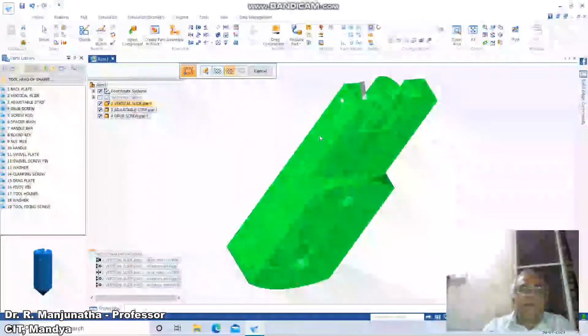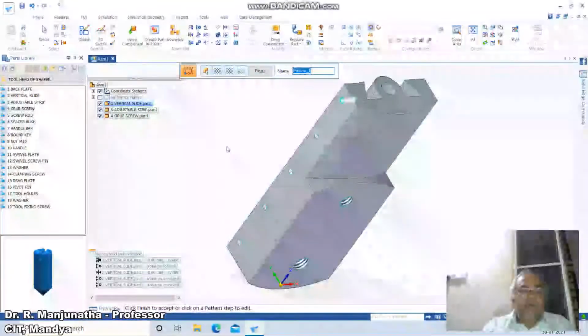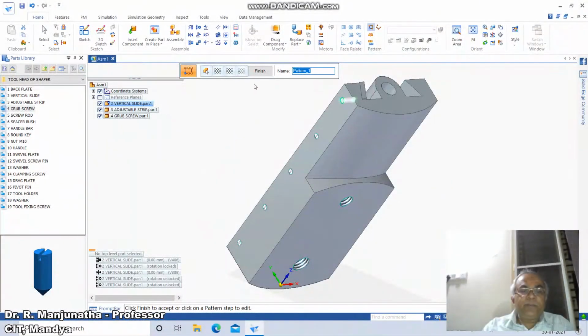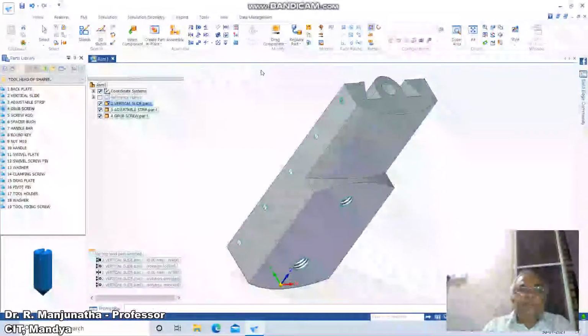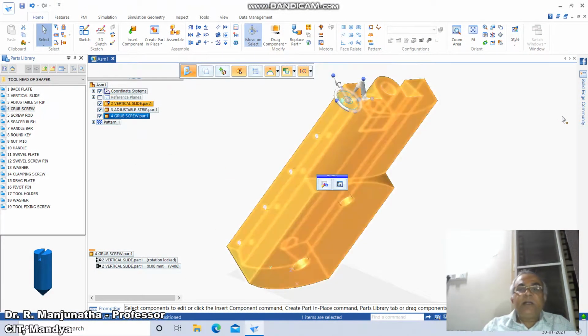So just click on this. Click on the pattern. Click on the reference feature of the pattern. You just click on the reference feature. Click to accept the pattern. You just finish. So now all these parts have been patterned and placed.